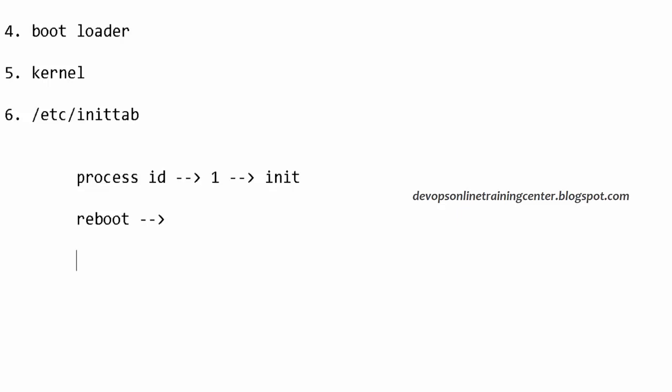Some of the distributions will have different architecture. If you take Solaris, if you take Unix, it will have a different file. But basically, /etc/inittab is the file which is used when we boot a machine. When we reboot a machine, all the processes will go down, and then it comes up. And when the machine comes up, all these things will happen. POST will happen, BIOS will happen, MBR will load, bootloader will show the operating systems. Once it is selected, kernel will take the control and it goes to /etc/inittab, right?